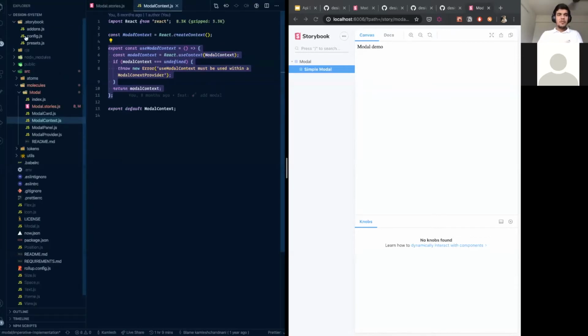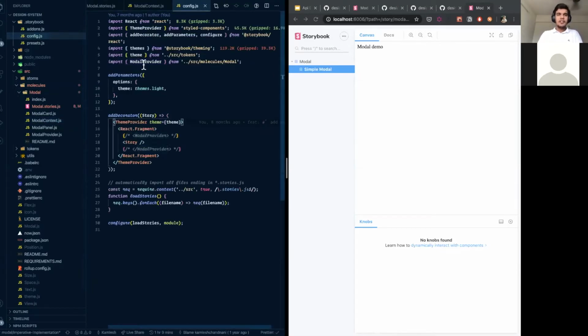Now to make this an action, right? Since I'm using Storybook, for this modal to work, I need to add this context to my config. So what I'll do is over here, I'll just go ahead. Obviously, if you have context, you need some provider so that you can drill down all the values. So I have modal provider. We just head over to this, like what this file is.